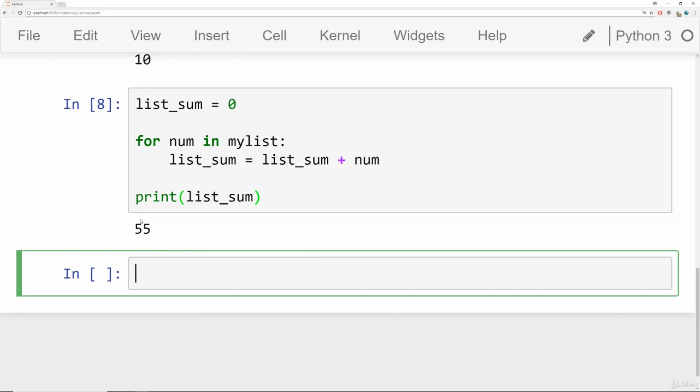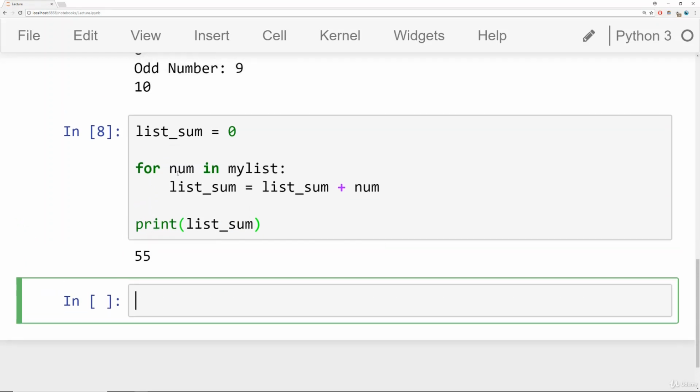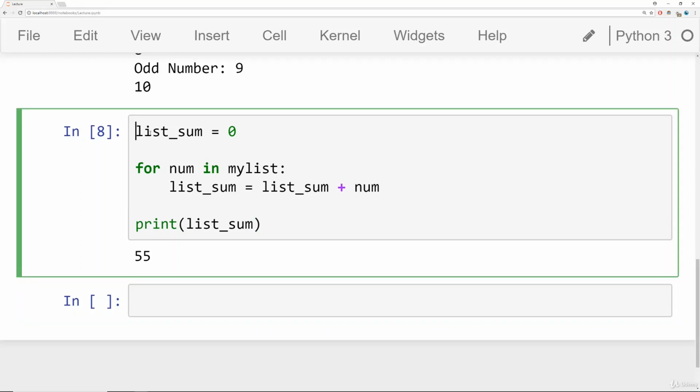So this is a good example of indentation and a use case. So right now I have this list sum. I'm saying my initial sum is 0. Then for every single number in that list, I take my old value for my sum and I add on the current number, and then I reassign that value to list sum. So I do that over and over again for every number in that list. And then at the end of this for loop, once it's done completing, so notice the indentation level here, I